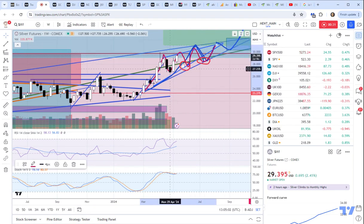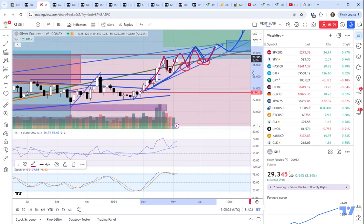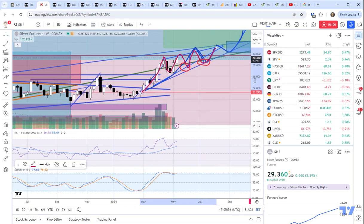So we're looking at kind of a chunking of the data moving through these two flags. You can see we have a move up here to this side. This is going to be the peak. I kind of think we're going to move up here, peak A, B, C, D, E, and this is going to come over here around August or early September. And that's going to align with this inner flag. I think price is going to stay within this range over the next 3, 4, 5 months, but continue to press higher. So when we take a look at the long term move here for silver,